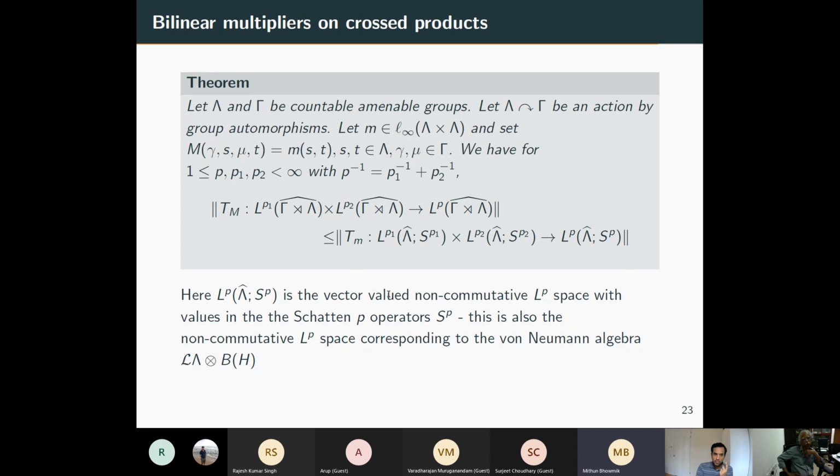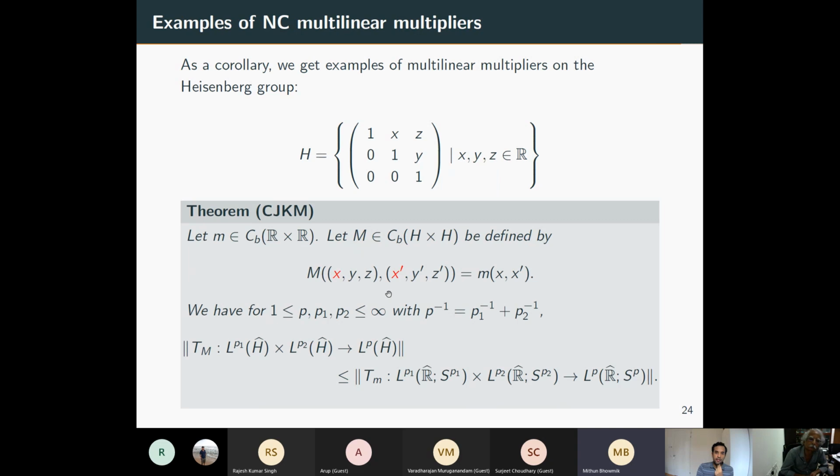So this theorem and this lattice approximation theorem, together, give us examples of multilinear multipliers on the Heisenberg group, because you look at the Heisenberg group as the group of 3×3 upper triangular matrices with one on the diagonal. This can be seen, for instance, as a cross product of R2 with R. And so applying the previous theorem, we get that symbols of this form, which look like M of X, X prime,